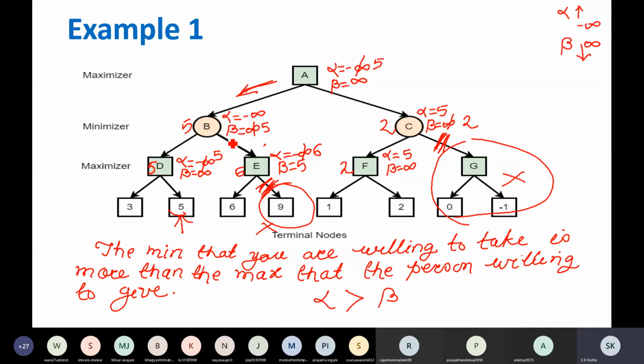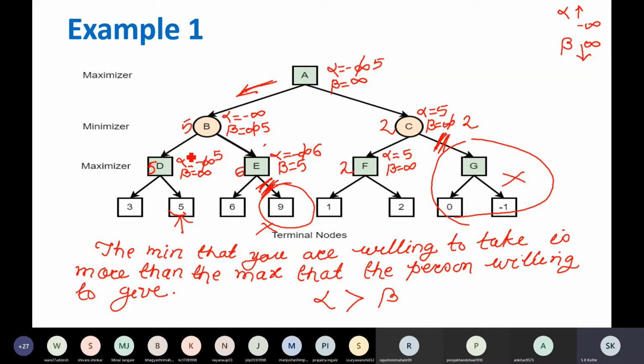Its predecessor is a minimizer node. Here the value is 6 and you got this beta value from this. Suppose we had considered this particular path, then the value of E would have been 9. Would this B have been selected in that case? Still 5. Why? Because it is a minimizer node.